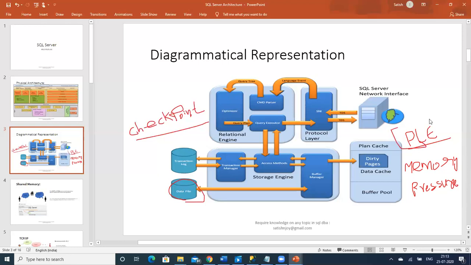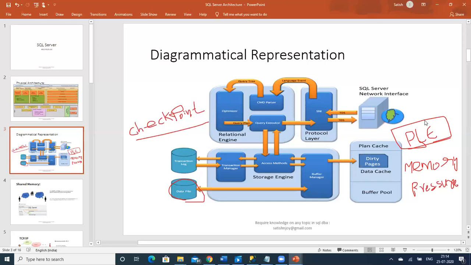For a minimum, the buffer manager decides the page life expectancy period. Until then, if there is no memory pressure and no lazy writer component coming into the picture, a minimum of 5 minutes applies. It might be less than 5 minutes, but Microsoft recommends cleaning the pages every 5 minutes. If no memory pressure arrives in 5 minutes, and no lazy writer component comes into the picture,